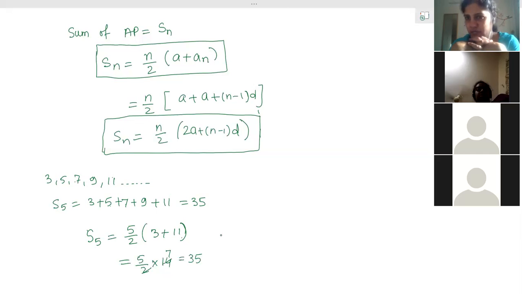Is that clear? So instead of finding out one by one by calculation, we can find it out by the two formulas. Derivation of this formula you don't have. So you directly use the formula, and the questions are based on this formula. So write down this part first, the formula. Any one of the two formulas you can use. Always check whether you know the last term or not. If you know the last term, directly use the first formula. It will be easier.